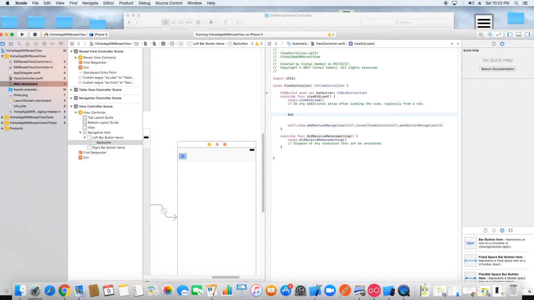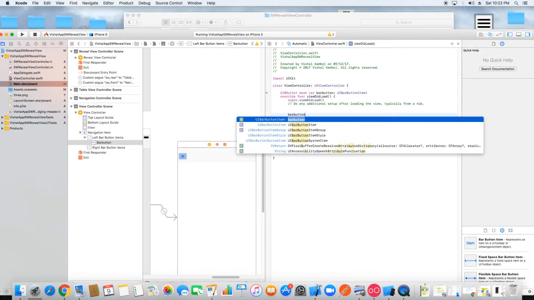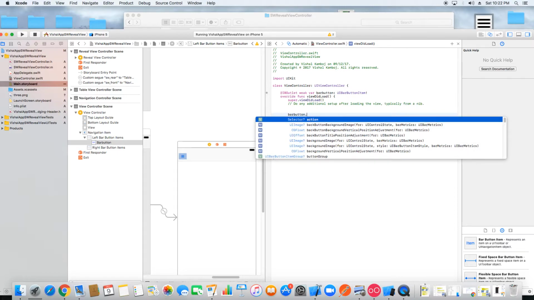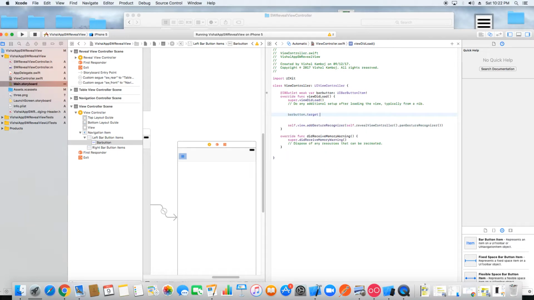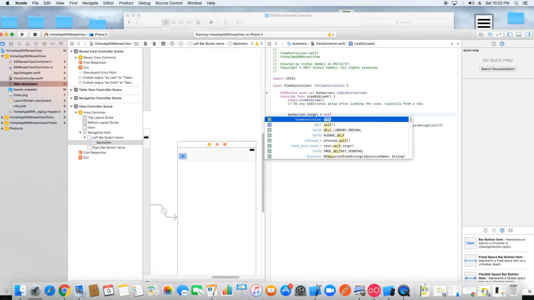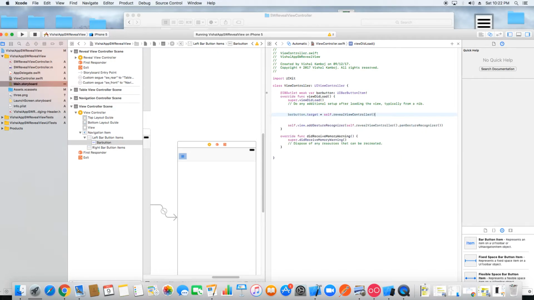So this is your bar button dot target, and the target is always self.revealViewController, because we are working with the target of this bar button. We have to access that reveal view controller. And the bar button dot action is